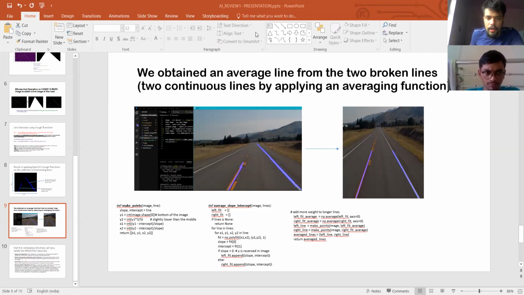So this is the model summary. The model has been trained for 10 epochs, and you can see that we have obtained an accuracy of 98.11%, and also a very low validation loss and a very high validation accuracy. So this is the plot of accuracy versus epoch for the training and the test sets. Now we'll go to the testing part.